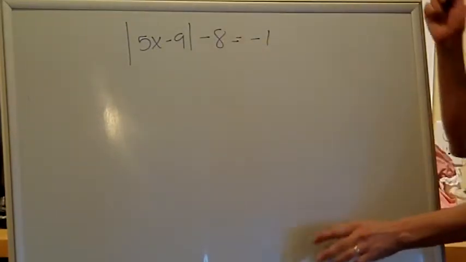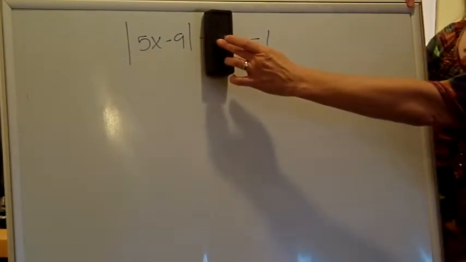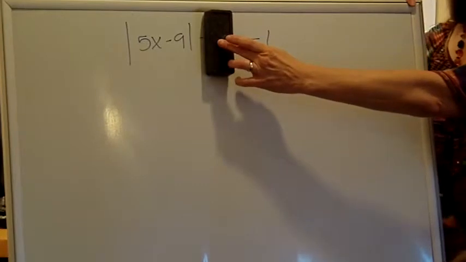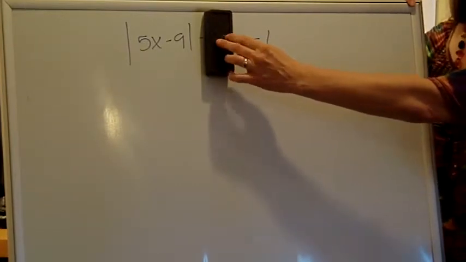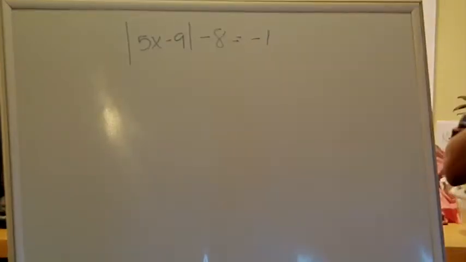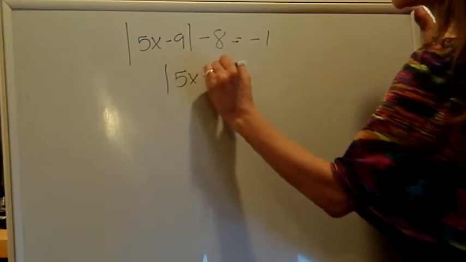Okay, let's pretend for a second you didn't have that minus 8 there. That would be a no solution problem, because absolute value is always, always, always distance from 0. Distance can never be negative. But we've got that minus 8 sitting there. We can move it over. This is kind of like the square root problems. You want to isolate the